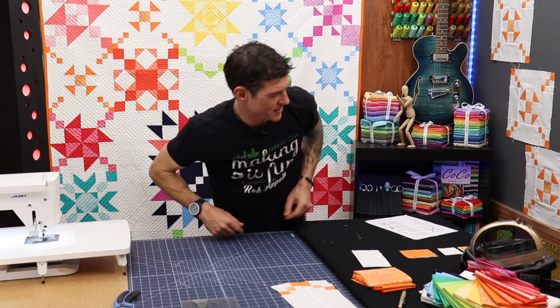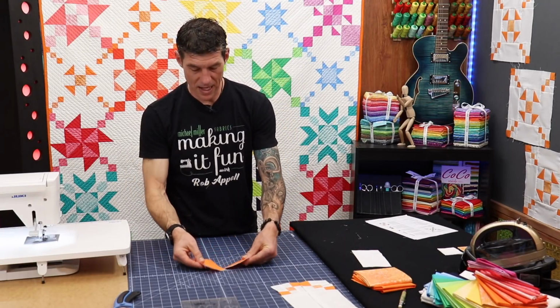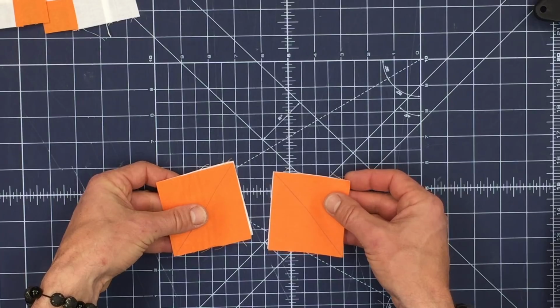Okay, so like I said, set those aside. What we're going to first need is 4 half square triangles. We're going to make these today by using 2 pieces with our background color and our tangerine cotton couture. I have